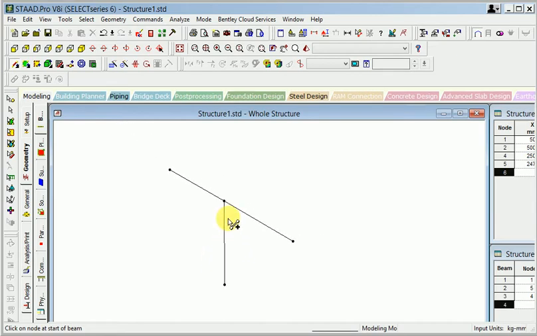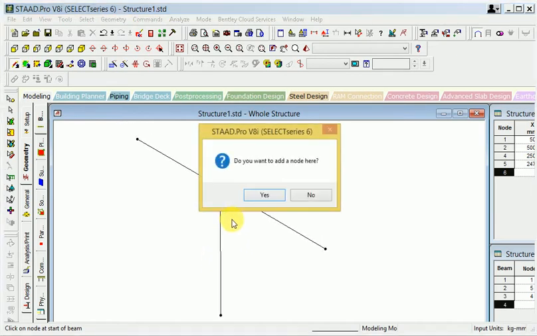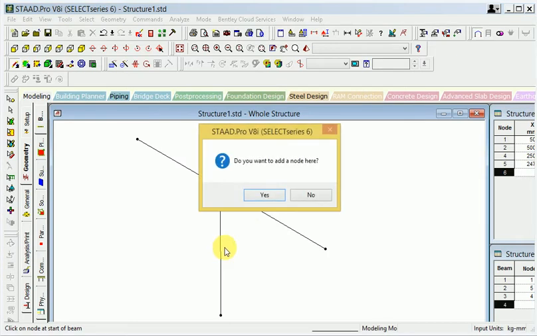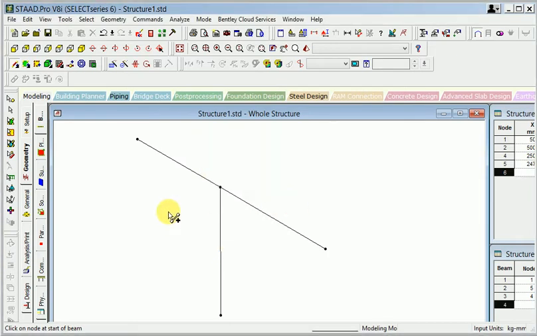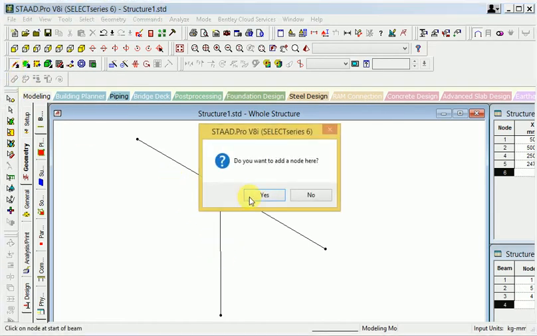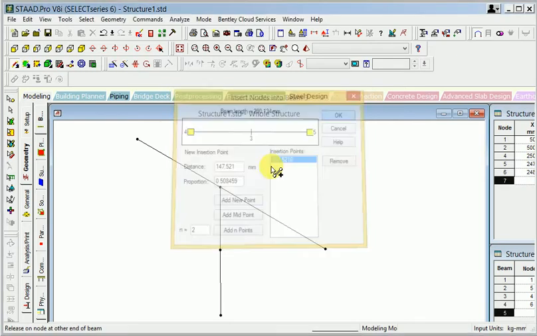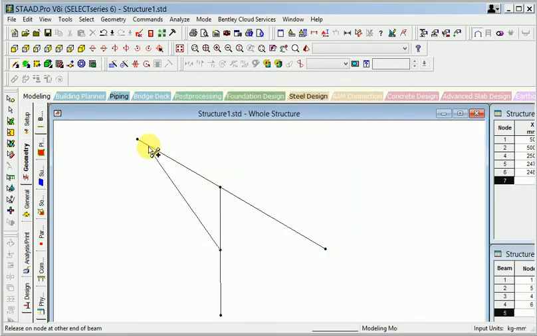So here if I change the particular side, again I will show you the line has been joined from this point and start from this point to join this point.